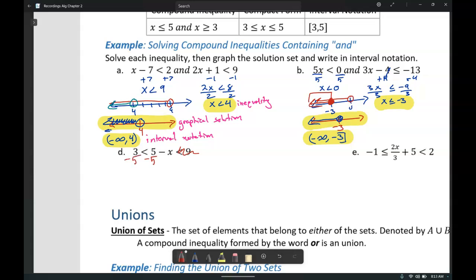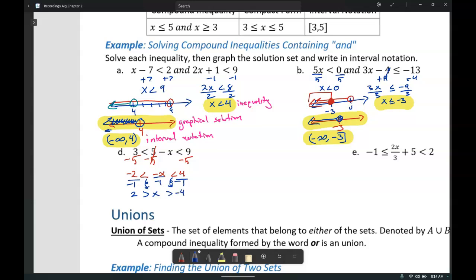But instead of just doing it to each quote-unquote side of the inequality, because we have 3 parts separated by 2 inequalities, we would do that operation to all 3 parts. So we'll cancel out the 5 there. We have -2 is less than -x, which is less than 4. Divide everything by -1. We get 2, and now we need to flip the inequality the other direction, and flip this inequality the other direction,